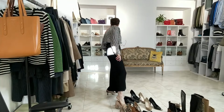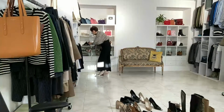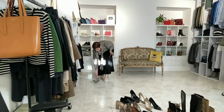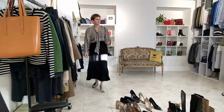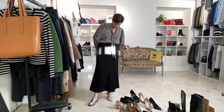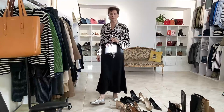What else can we do? What else can I try in flat? I've got, let's try these. Again, flat, but silver. Oh yeah, that's not as bad for some reason. Could be because of the color. It's not as bad as the black. I'm still not a fan,